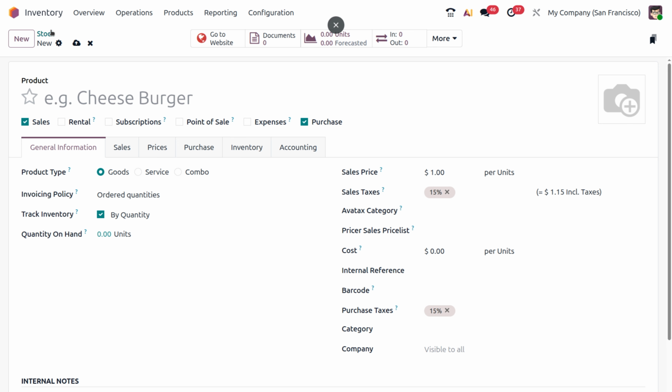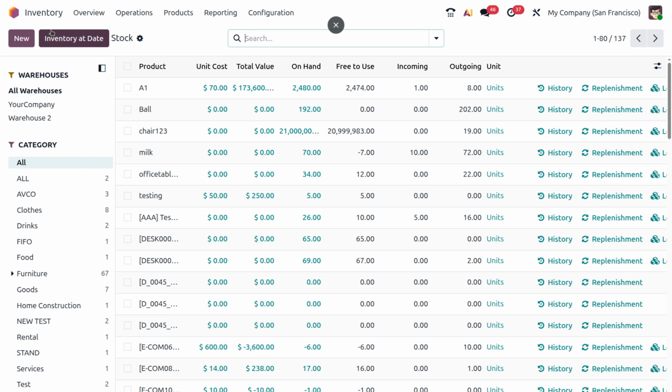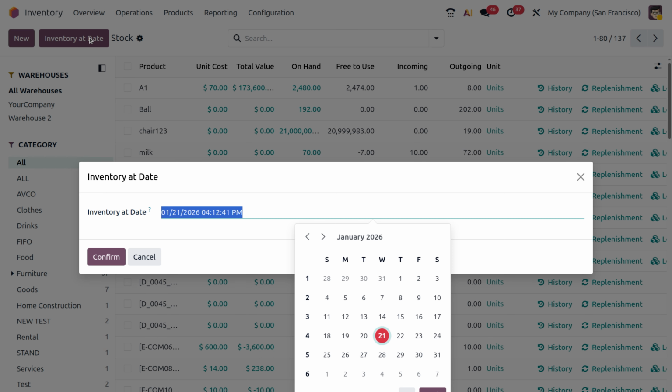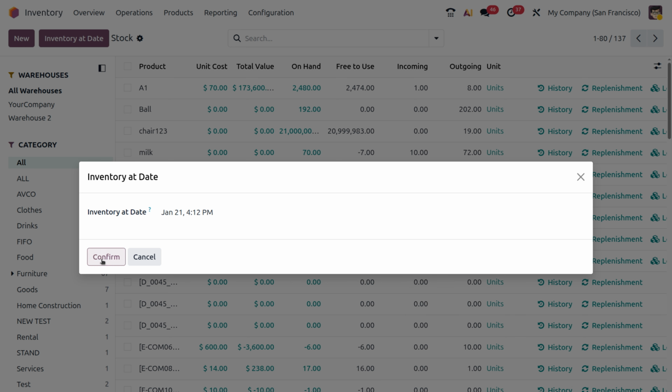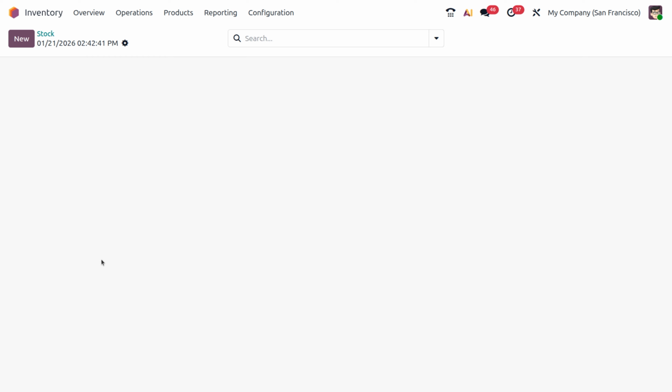Okay, moving on to the stock, I'm not going to explain that in detail because we have already uploaded a video about how to create a product, so do check it out. Next we have the smart button Inventory at Date. Here we have stock reporting for a particular date. If you want to see it on a particular date, you can simply choose that and confirm the option, and you will get the reports